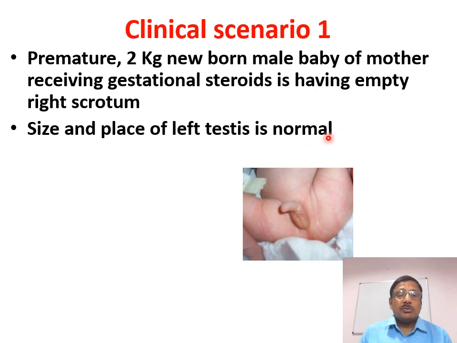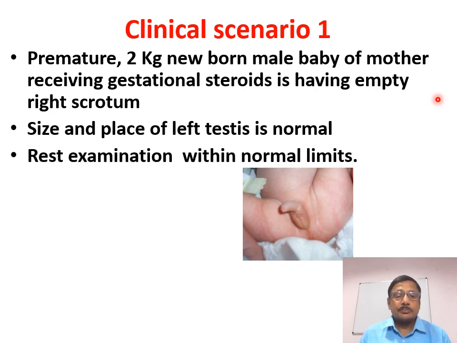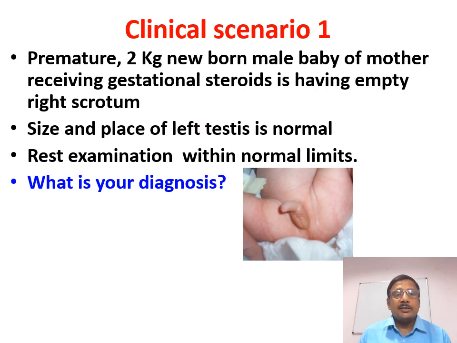And the left testis was normal, and here I must tell you, sometimes when one testis becomes atrophic, then the contralateral normal testis becomes even bigger than normal size, and that is normal. So it should not be taken as abnormal because of the compensatory hyperfunction. The size becomes a bit more. What is your diagnosis? You are clear? Your diagnosis will be undescended right-sided testis.